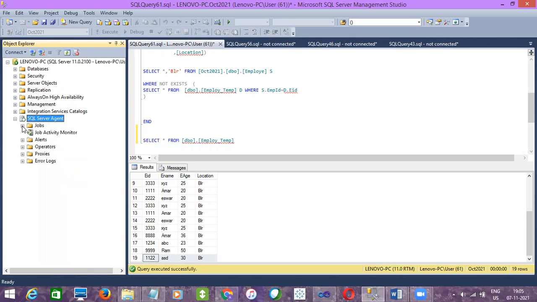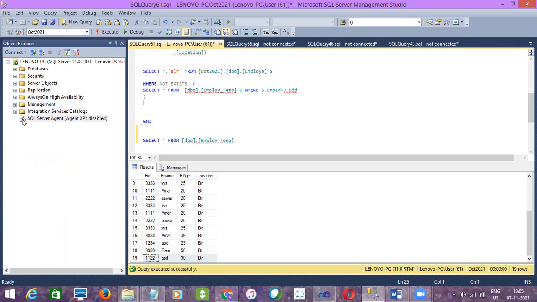Okay. I have disabled my services again, so it is now a red mark. What happens if I disable it? The jobs will not run until I enable the server, right? In real time, it will be continuously running because the DBAs will be handling these things. In the development server, you will get access to create a job, but in UAT and production, you won't, and you need to provide the instructions.